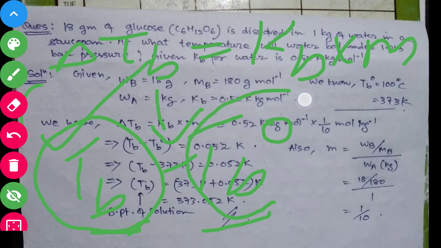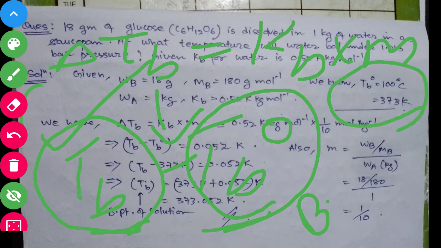So what is TB naught then? TB naught is the boiling point temperature of pure water. Okay, pure solvent, so it is water. So you know at normal temperature and pressure what is the boiling point temperature of water? It is 100 degrees Celsius. So you have to convert it into Kelvin, so it will come out to be 373 Kelvin. So these are given in your question, sometimes not. So you should know how to find out TB naught, right? And generally they give you water, so it will be fixed.